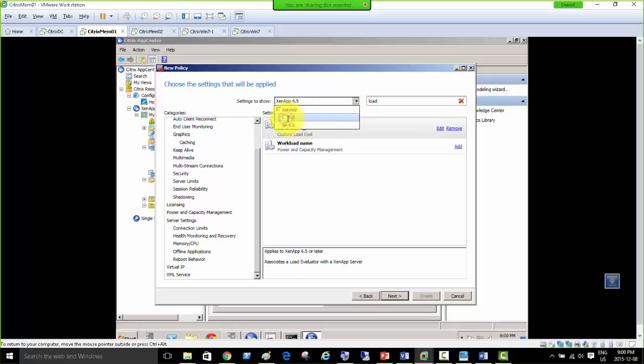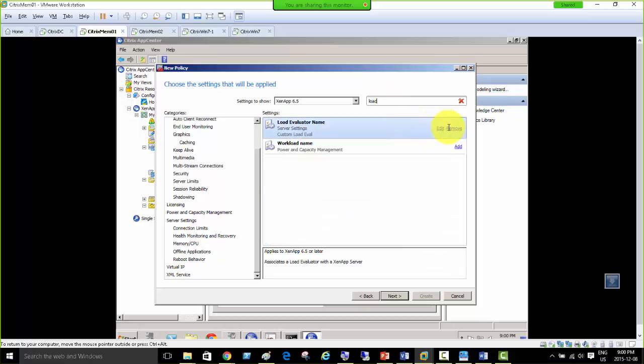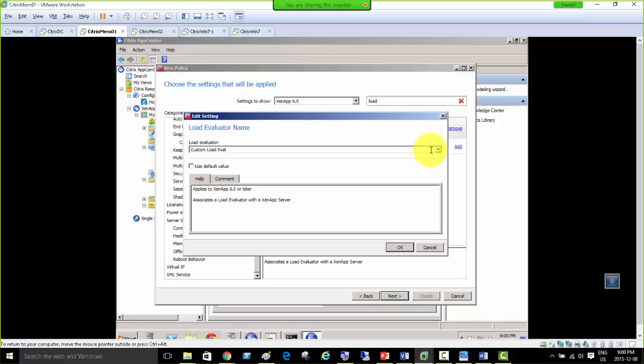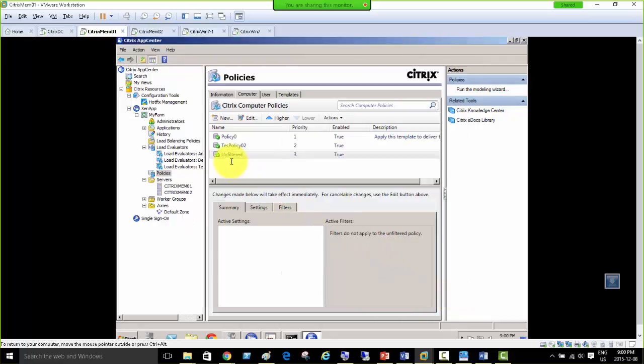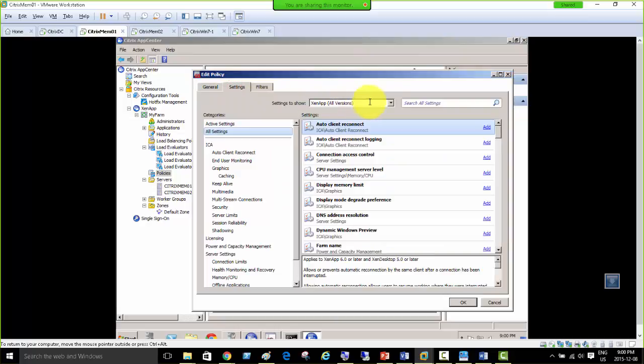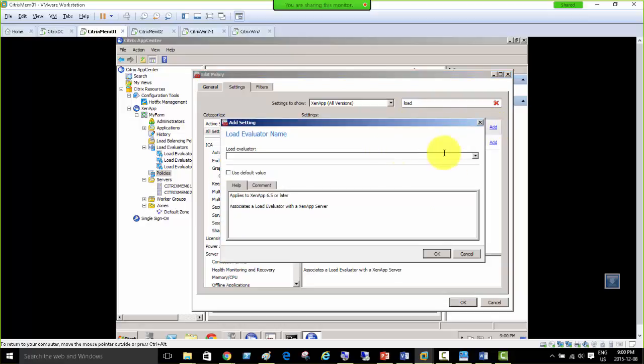If I uncheck the 6, all the policies related to 6.5 are there, although 6 is also okay. So I need to look at that and work on it, but they're supposed to be default and advanced and the custom load all appearing in this policy. But I try to create a new one. If I go for the unfiltered one and click edit there and go to settings and try to search if the default one and the advanced one are popping up here,